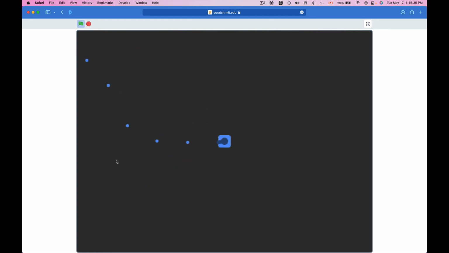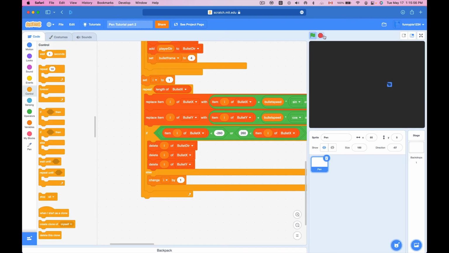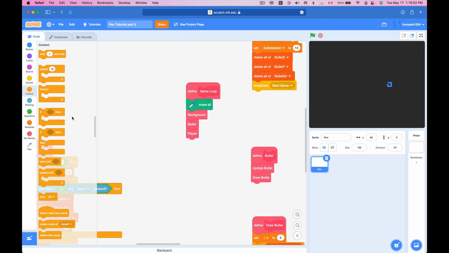Alright, yes, I see them disappearing. They're going away, but do you notice that they're kind of sticking to the edge before it deletes? Yeah, that's caused by Scratch again. As you can see, if I go off screen, I can't actually go off screen because Scratch doesn't let me. Why is that? Well, it's a Scratch issue. Scratch doesn't allow sprites to go off screen, but this can be easily fixed by going to Game Loop,